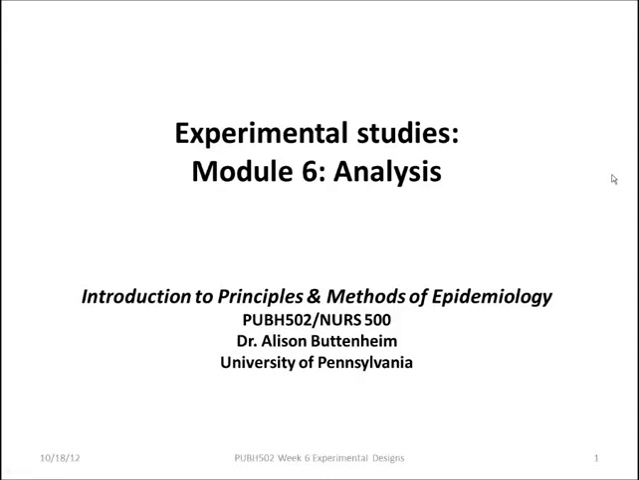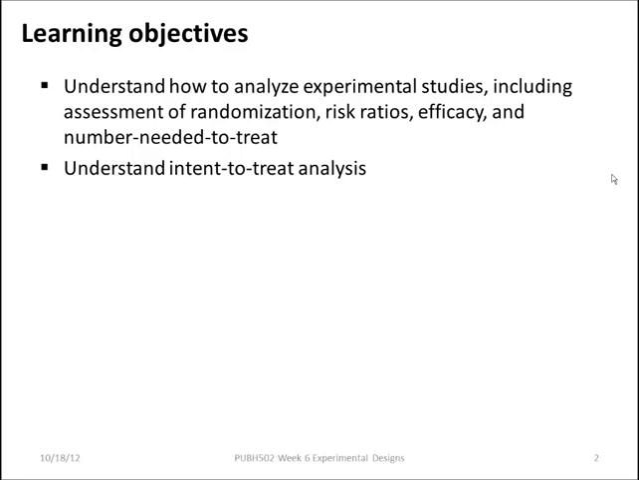This is Module 6 of the Experimental Studies Week for Public Health 502. We're going to focus on the analysis that we do at the end of our experimental study, or our randomized controlled trial. Learning objectives for this module: we want you to understand how we analyze experimental studies, including an assessment of